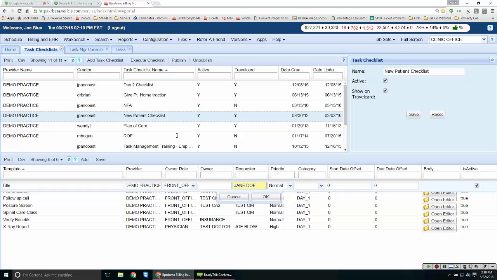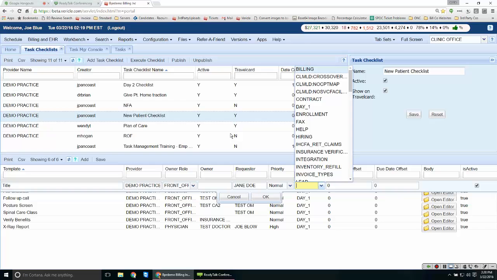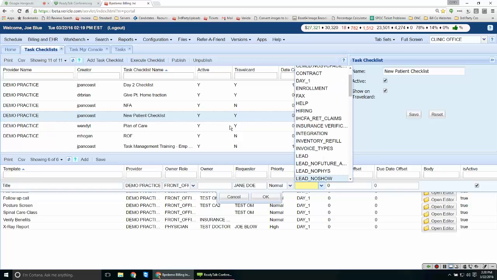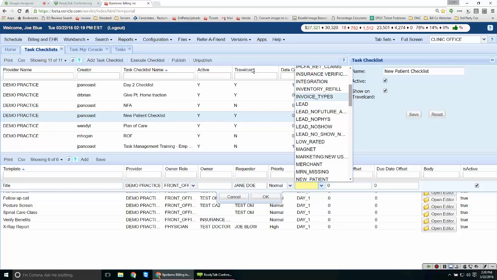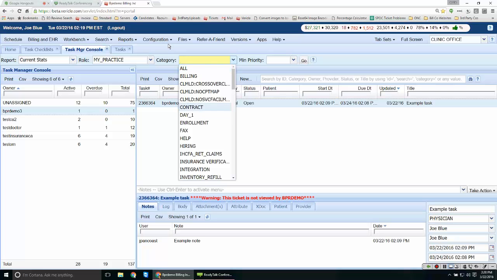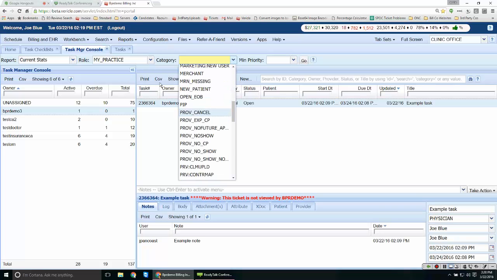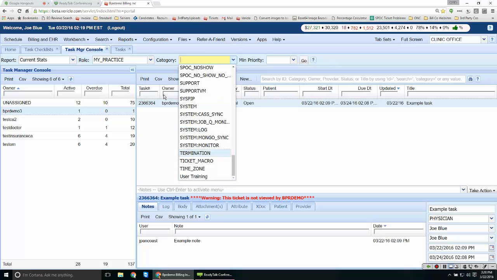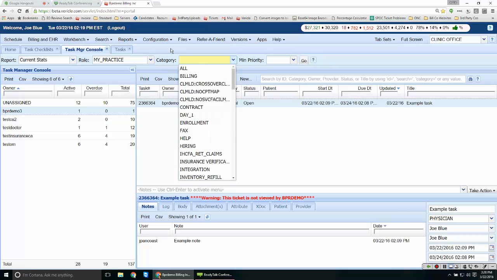Next, we have the category. This is not a requirement at all. It is optional. What this does is, on the Task Manager console, you are able to only view tasks that have a specific category. So if that is something that you want to be able to come to this workbench and see how many of these specific category tasks were pended in a particular month without having to go through each task and look them up individually,